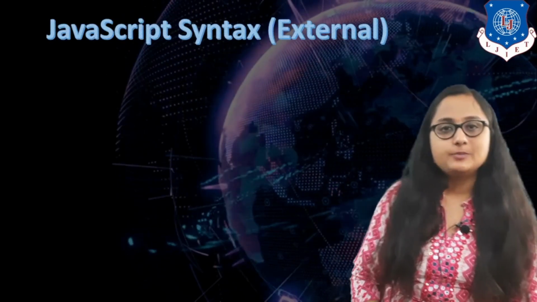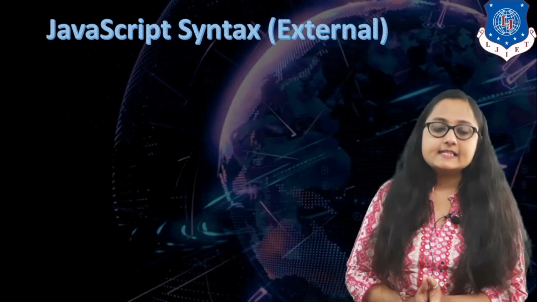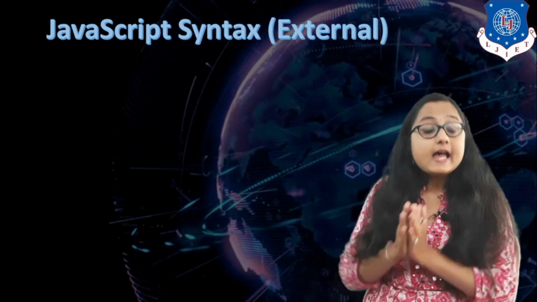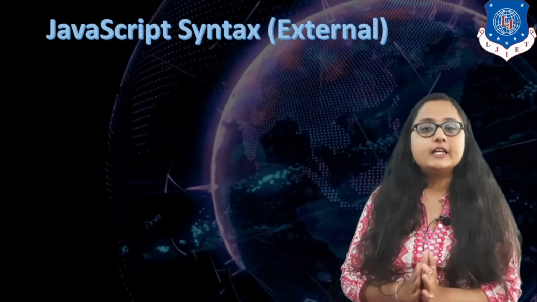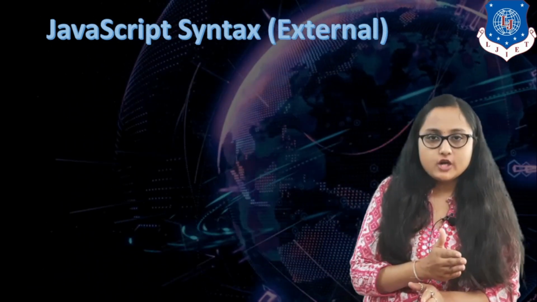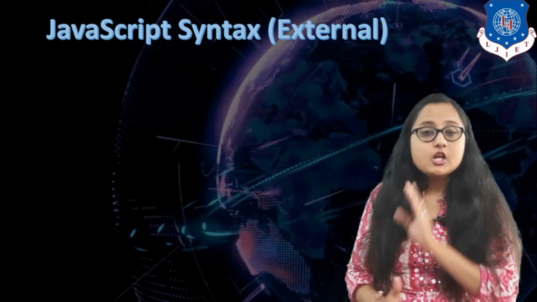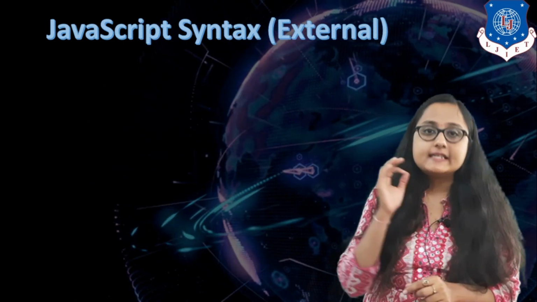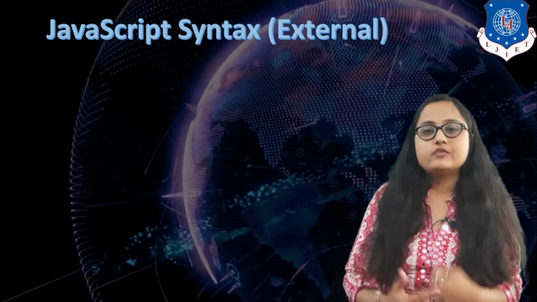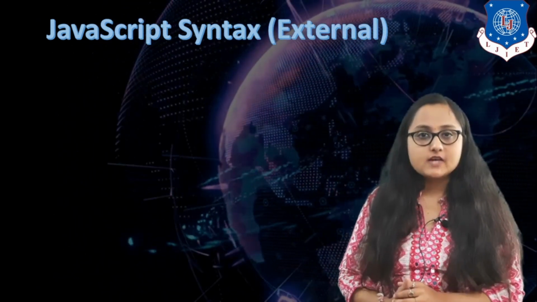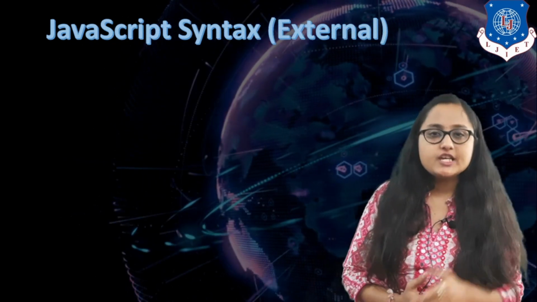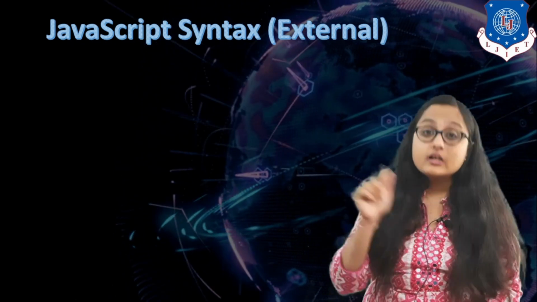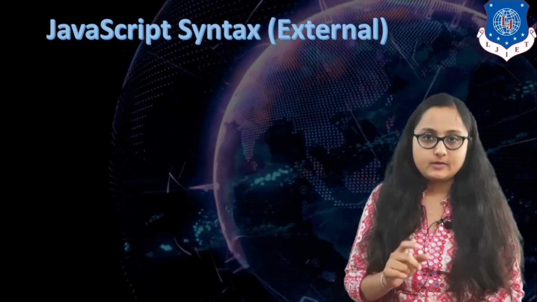The next is if you want to write JavaScript externally. Recall that in CSS also we had internal CSS as well as external CSS. In external CSS, how many files were we creating? We were creating two files. One was .html file, one was .css file. Which was the runnable file in the web page? Yes, .html was the file that we were running. Similar to that, in JavaScript, if you want to create external JavaScript, you have two files, .js file and .html file. Again, the runnable file is the .html file.